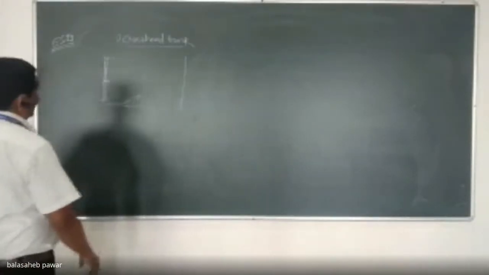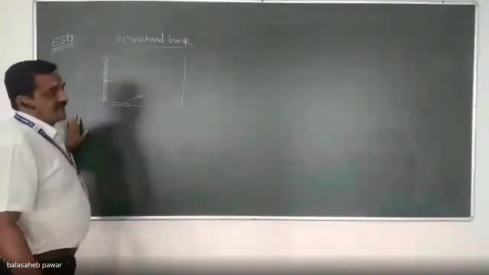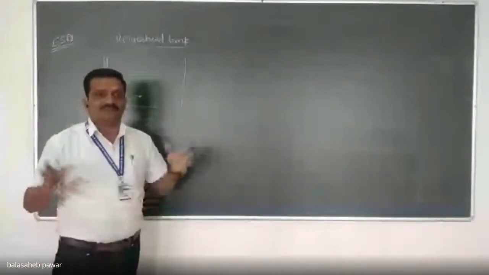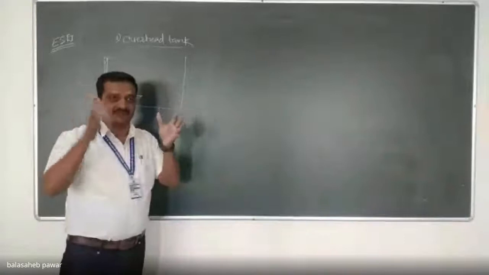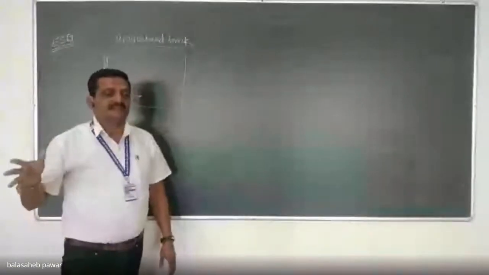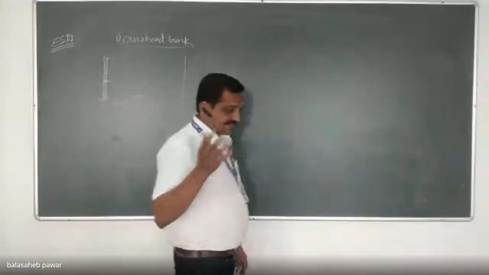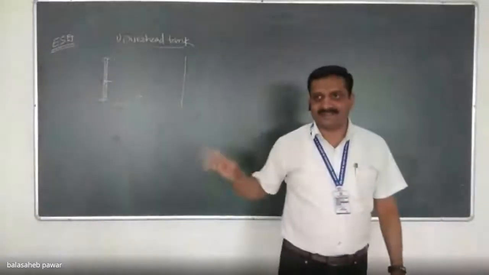Okay, so I want two groups from your class. One group will work on the software part, that is the program part, and another group will work on the hardware. Once the software part has been checked, later we will interface all that signal conditioning circuitry with the same controller, and we will check the output of our completely designed and developed system.